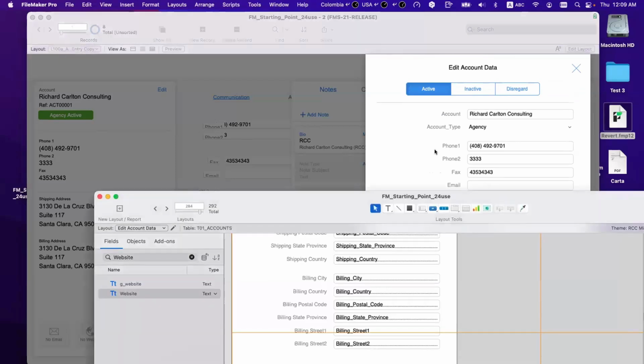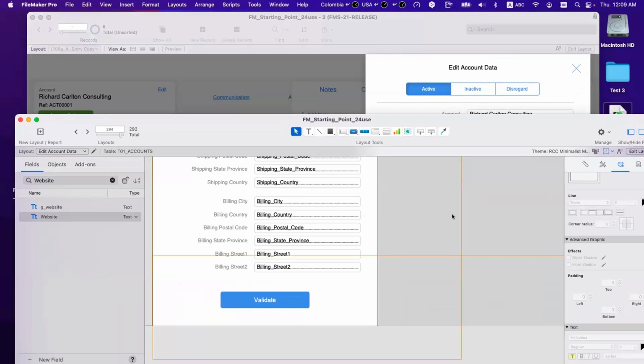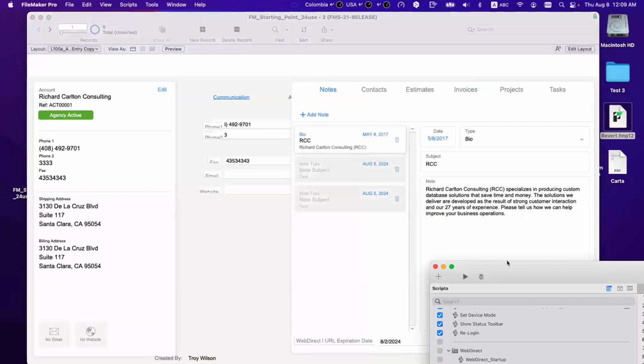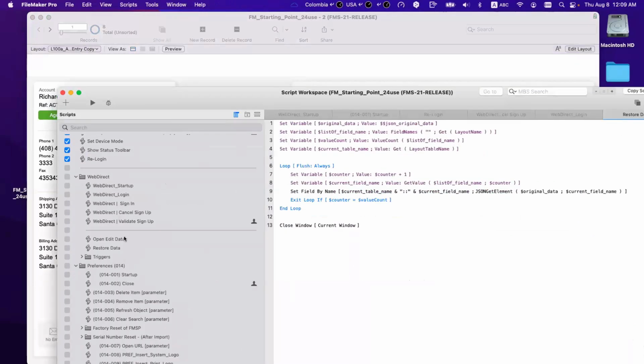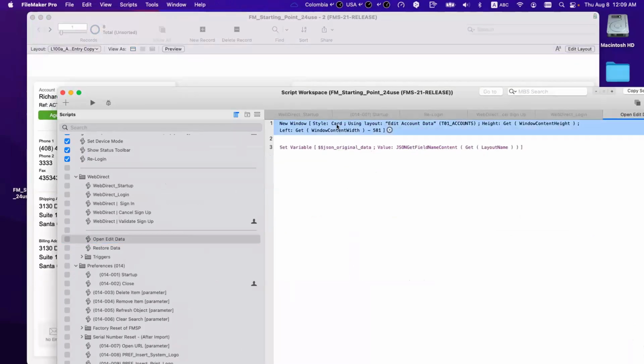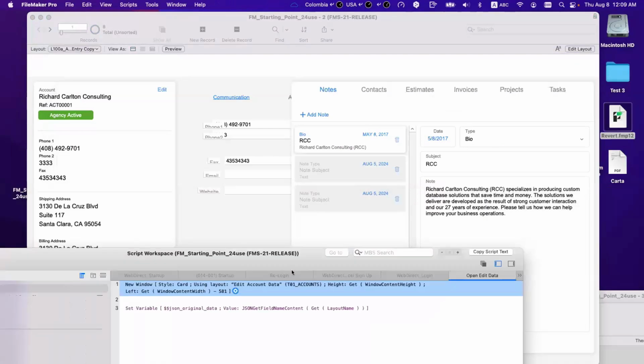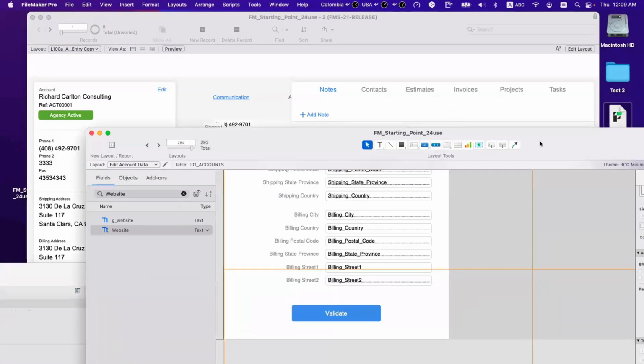So my layout here is, when you open the window, this is the width of my layouts, 559. So it is